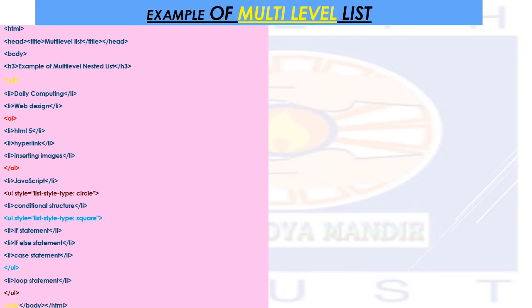We have studied this in JavaScript in 11th standard, so you will very well understand this. Conditional structures. Then comes the loop statement. This is one more feature in JavaScript, that is why I have not closed here UL tag. UL tag is over here. This UL which you can see, this is only for the conditional structures. UL tag is closed.